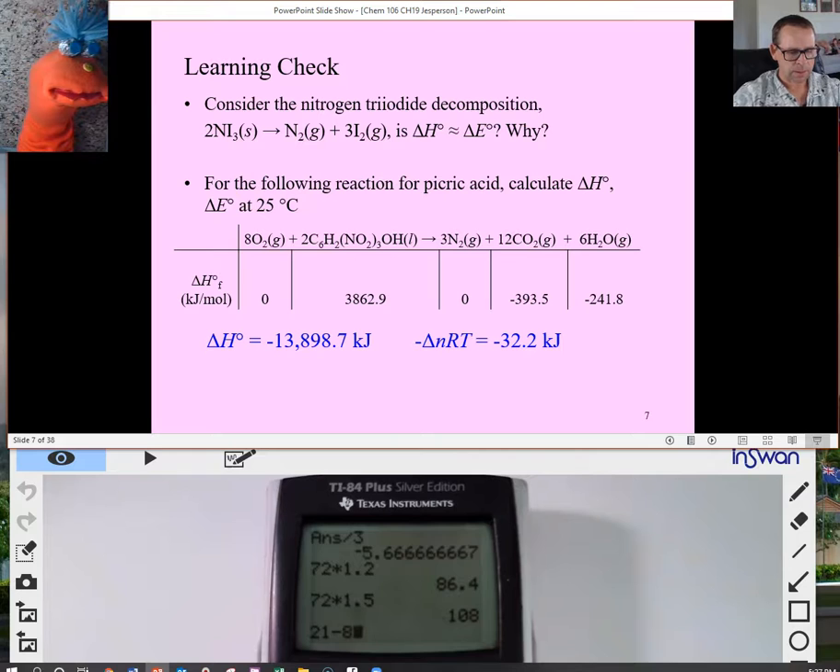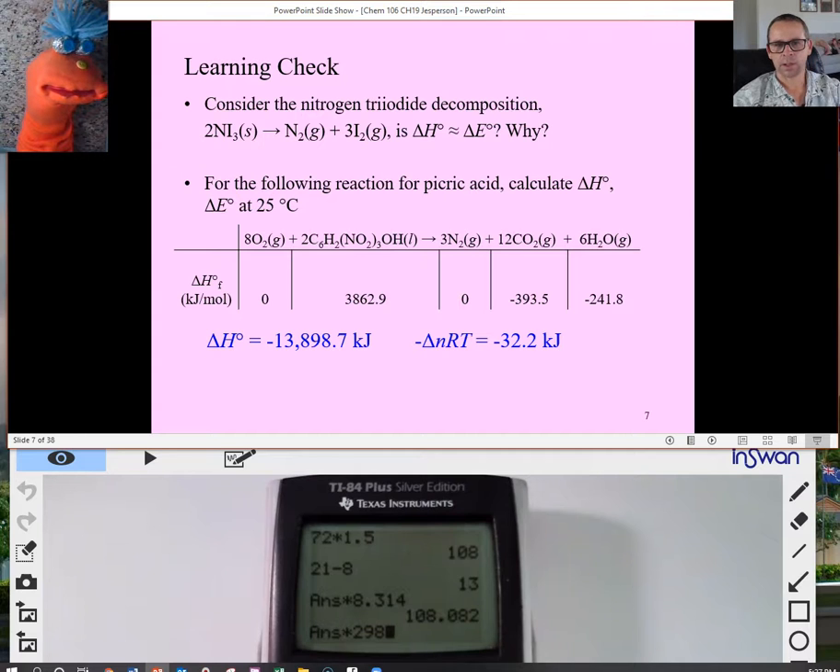21 minus 8, that's our moles of gas, times 8.314, times 298, that's our temperature in Kelvin. All right, so there's our 32,200 joules of energy. We convert that to kilojoules of energy, 32.2 kilojoules. So even for a reaction like this, where there are 8 moles of gas to start with, but significant moles of gas produced, we see that the relative energy released in